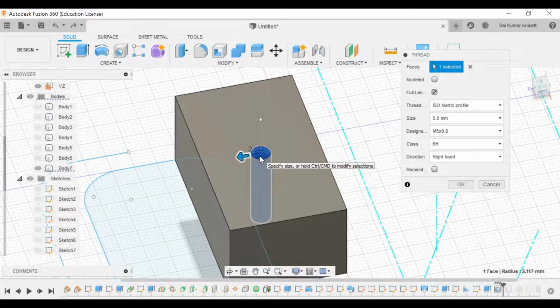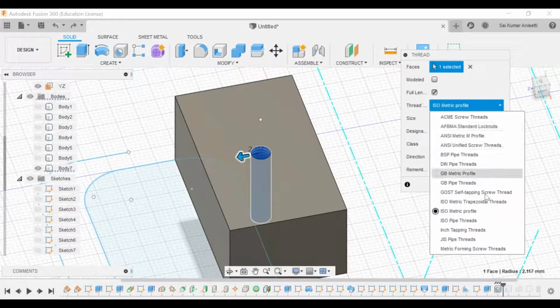For this, it will directly take your nominal diameter. The size of the hole would be 5 mm. For that you can get M5. So for M5 more or less we'll be getting 4.8, depending upon pitch. So M5 with 0.5 pitch or 0.8 pitch. You have to have an idea on all these metric threads.